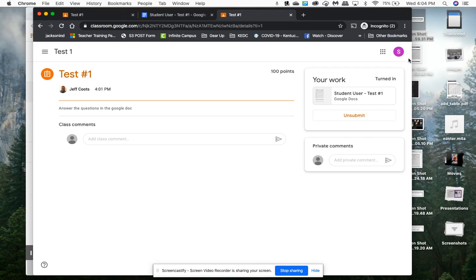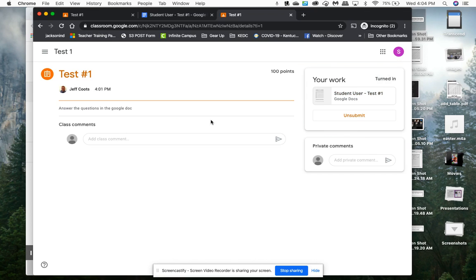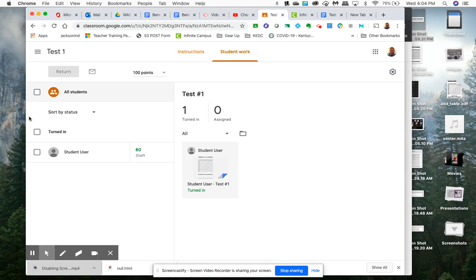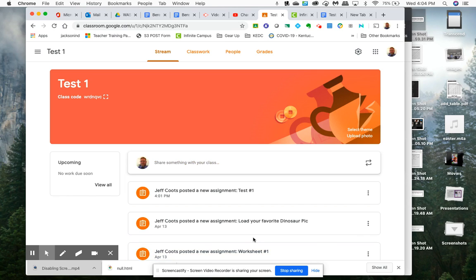So this was the student view. And if I hit refresh here, notice he can turn it back in. So he can take it back out if he wants to. Here's the teacher view. Again, if I click just test 1, I'm back to the main page. Okay. So again, hopefully that's helpful. If you need some more with that,